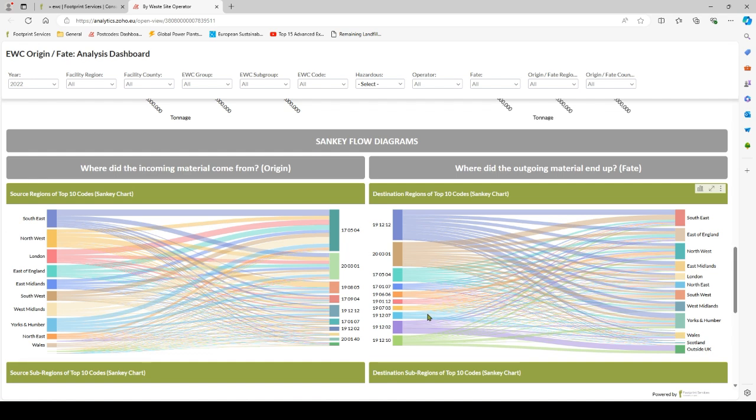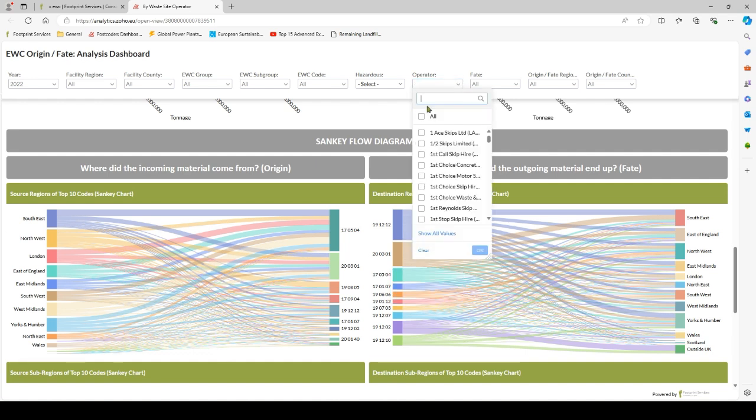So Sankeys give a good way of visualizing data, which is what the EWC Interrogator is all about anyway. And you can use them for corporate presentations and whatever. So how might we use this? To dive in, if I pick a particular company, if I was to say A.E. Burgess, so if I put in Burgess here,